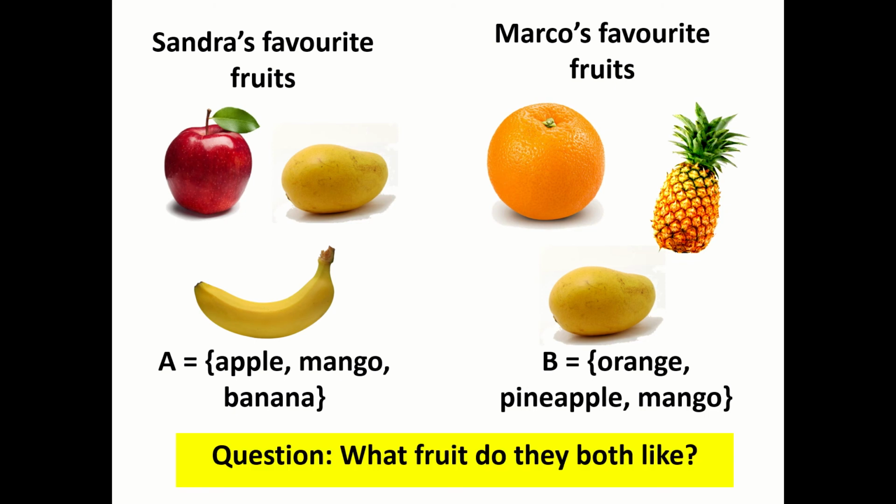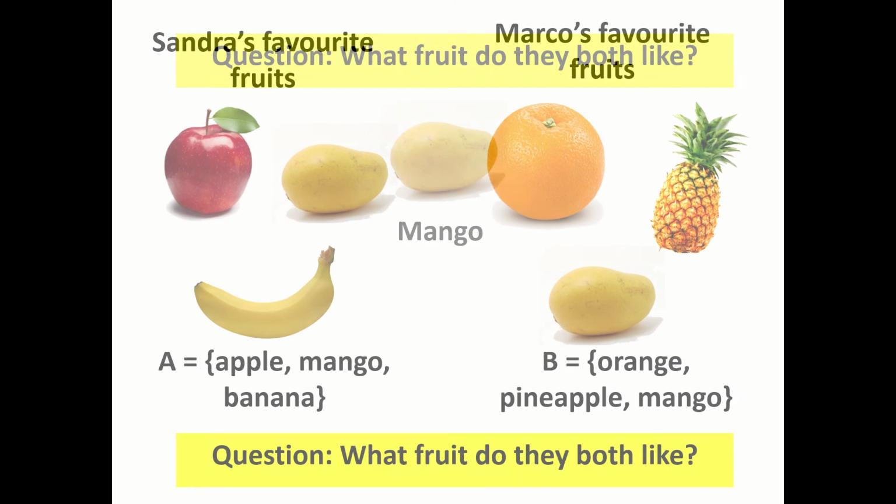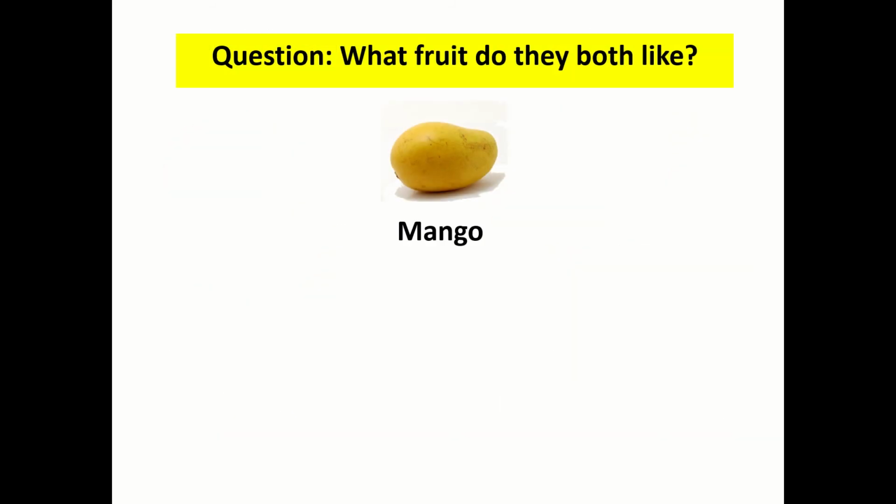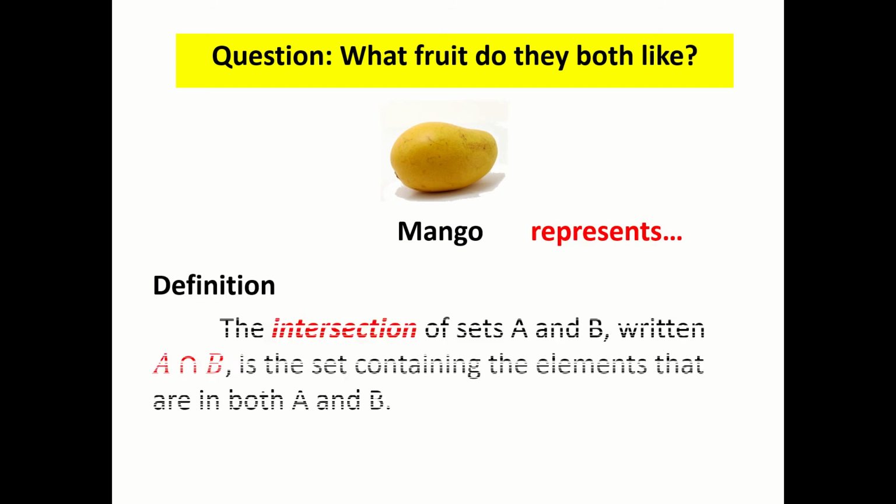What fruit do they both like? Yes, that's correct. The answer is mango. Actually, the answer mango represents the intersection of the two sets. And this will lead us to the definition of intersection, in which the intersection of sets A and B is written